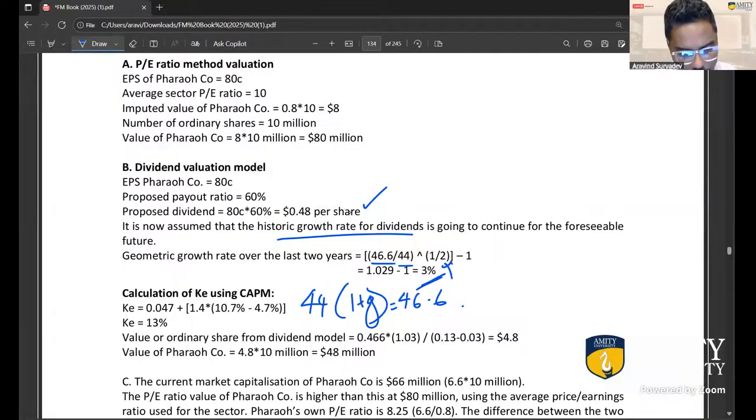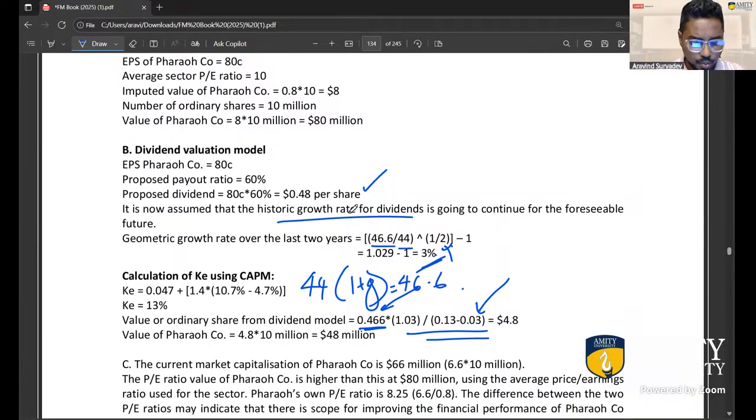They calculated the growth rate as 3%. That is not correct. And then value of the ordinary shares. Yes, again, they took dividend a year ago as D0. That is not true. Either you use D1 or D0. That is the dividend for this year. That's why we calculated 0.48. So they completely missed that point. But otherwise, yes, the growth rate is wrong. But otherwise, everything else is cool. So that is why our answer is slightly different. Their answer is much lesser. Our answer is more correct. Yeah. So 58.3 should be the right answer.